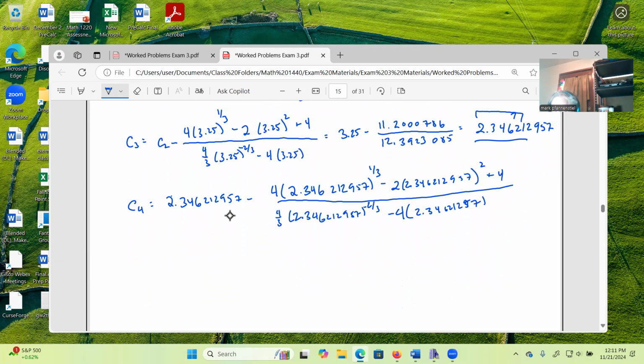I got, there we go. It's right here. So we ended up with, this was 2.346212957 minus, I'm sure this is delightful. These both turned out to be negative. Top and bottom turned out to be negative. So I have 3 negative signs. We're going to keep the 1, okay? Because we have 3 negative signs. Negative times negative times negative will be negative. And I ended up with